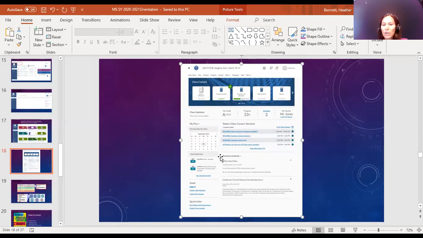Announcements is super important for you to check each day because if you remember how your teacher in a regular school building did it, they would stand in the front of the classroom and give you all of your announcements. Maybe they explained assignments, maybe they told you what was coming up. This is where your teacher in an online school will write all of those announcements down, under the announcements section. So please check that out.